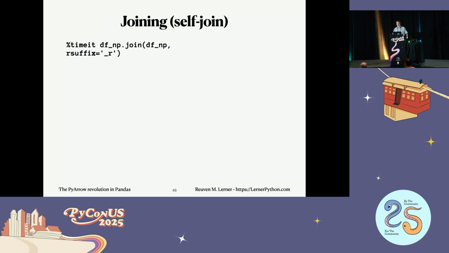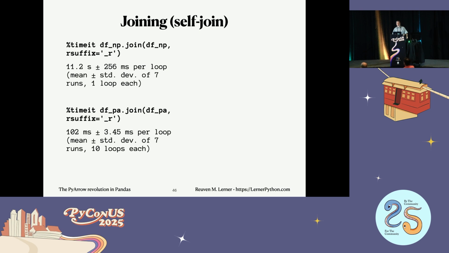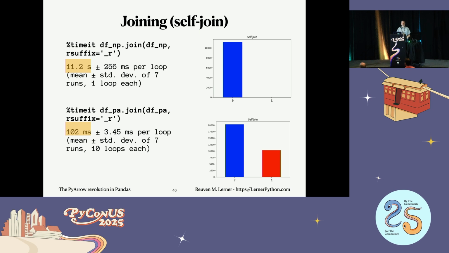Here's something that's even wilder, right? What if I want to do a self-join? Joins are something that we do when we have multiple data frames. It's like in SQL: multiple data frames, and I want to get one large data frame back. So I'm going to say I want to join df of np to df of np, so it's just going to do a self-join there. And okay, that takes 11 seconds. What if I do it in PyArrow? 102 milliseconds. Let's just show off that graph, folks. PyArrow takes more or less 0 time to accomplish something that takes a painfully long time to do with NumPy. And once again, 10 months ago, this is where PyArrow was. There has been a dramatic improvement in the performance here.